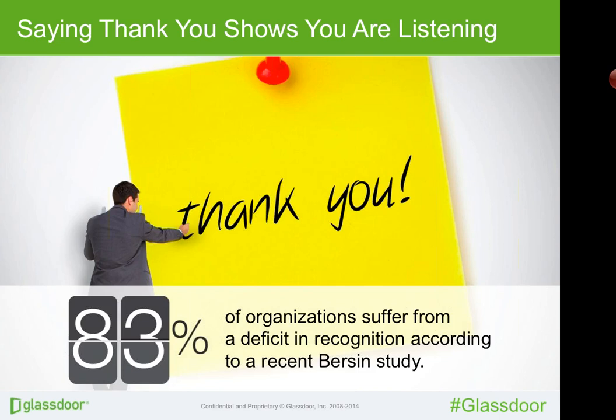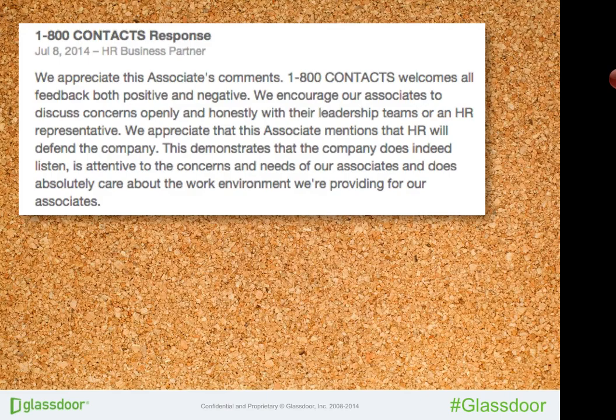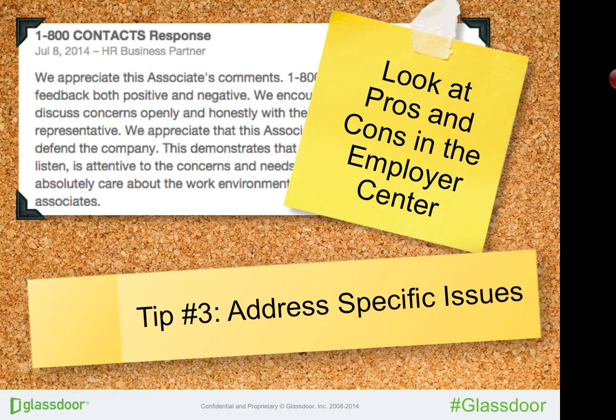The next example I have here is from 1-800-CONTACT, and the tip that goes along with this is address specific issues. So you'll see here that 1-800-CONTACT starts with a thank you, saying we appreciate your comments. Then they sort of dig into the fact that they request both